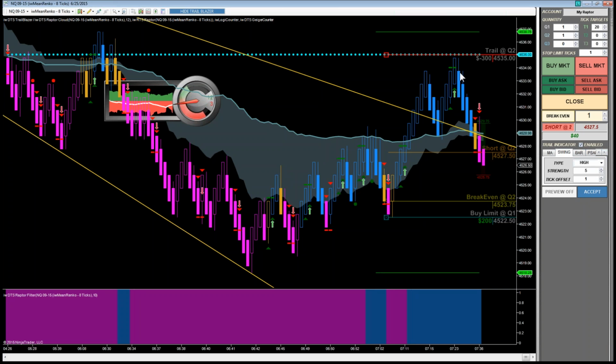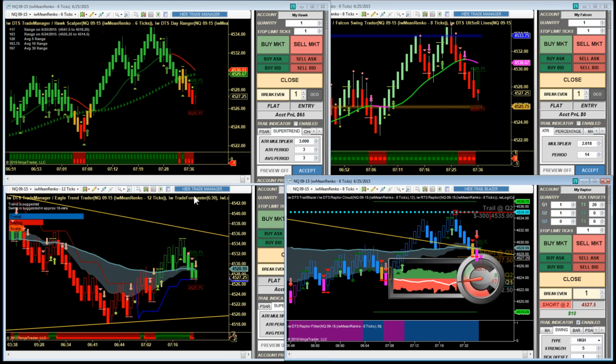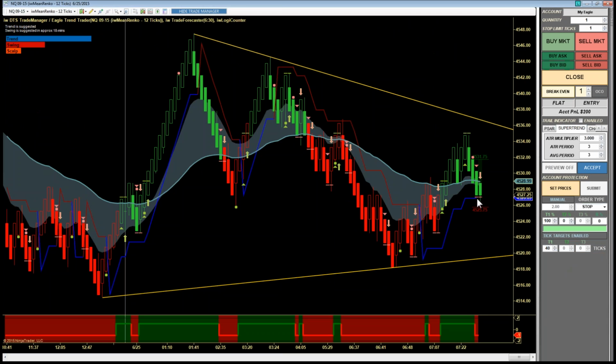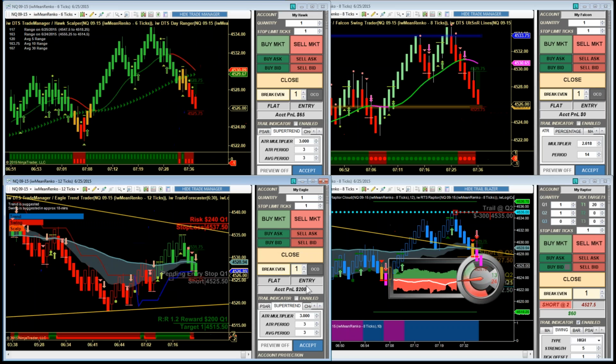So this is a failed buy signal. Essentially I'm pulling it off of the Eagle also. Here on the Eagle you can see we've got our green bar sell. The ATR has not flipped over yet. I would use that next bar. I'd probably try to cover it above there, looking for the sellers to try to get their act together now. Okay, so